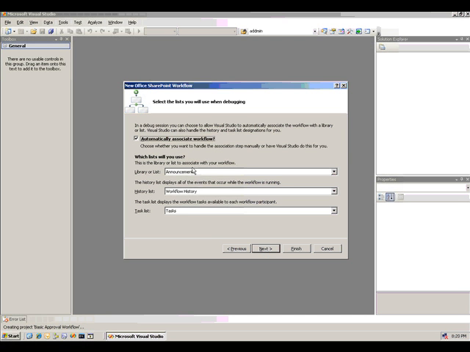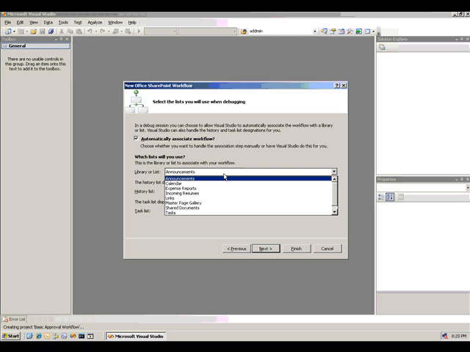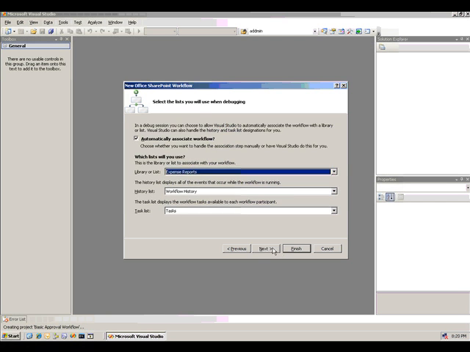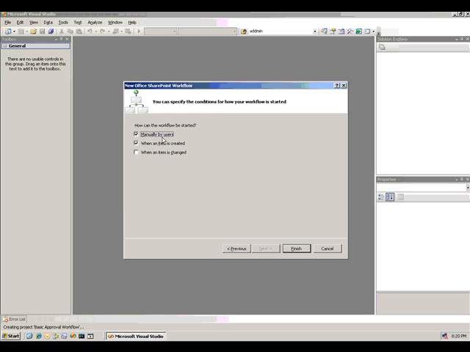And then it will go to that team site and show me all the libraries and lists that I can connect to. So I'm going to go ahead and connect to the expense report team site. Hit next, and I'm going to have this allowed to be manually started, which is something you should do if you're doing development, and when an item is created. So I hit the finish button,